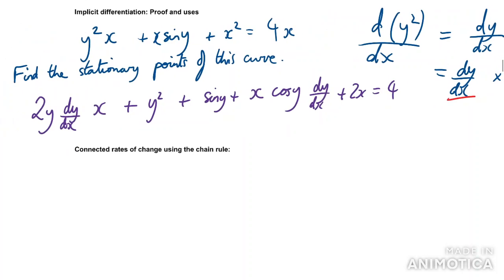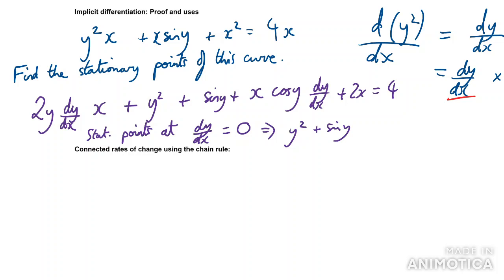Now, what you'll often see people do here is when they're finding stationary points, they want to rearrange to get it in terms of dy/dx. But you can actually save a lot of time here because you don't need to do that, because we know that stationary points are at dy/dx equals 0. And so in other words, we can just sub in dy/dx equals 0, and that tells us stationary points are where y squared plus sine y plus 2x equals 4. And okay, this question was a bit hard, so we can't really make any further progress on that,